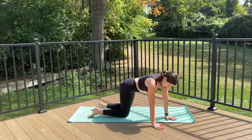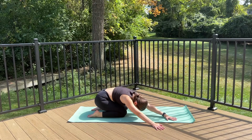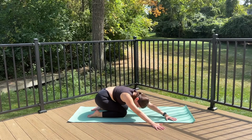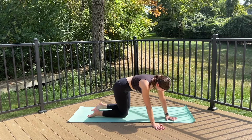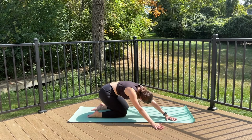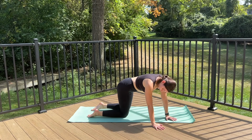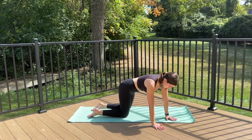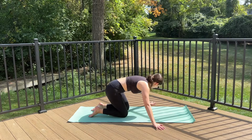Inhale here, and again, exhale, press the hips down and back. Inhale, shift forward. Exhale, press back, feeling that stretch up the left side of the body. 2 more like this. And last one, inhale, shift forward. Exhale, back. Come back to all fours, walk your hands over to the left side of the mat now, and